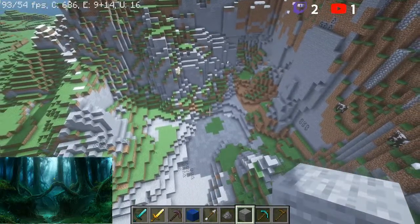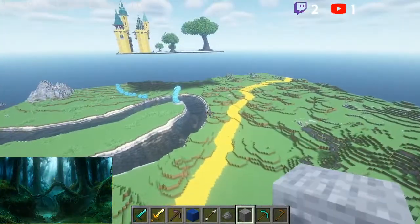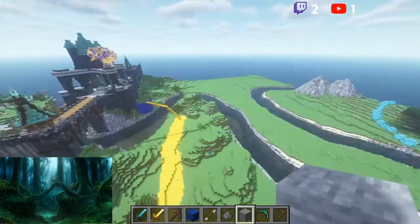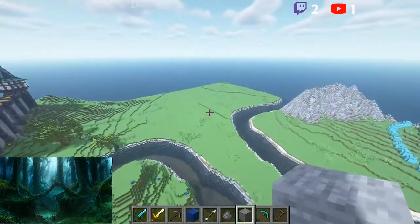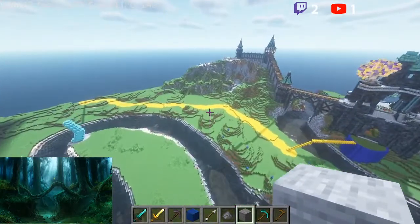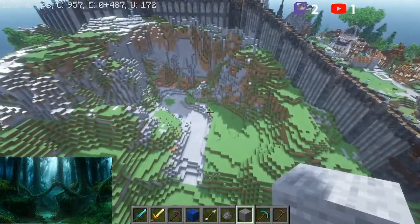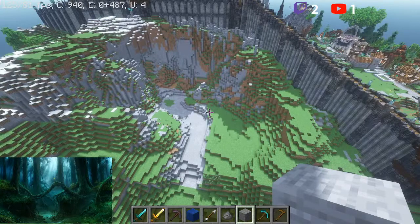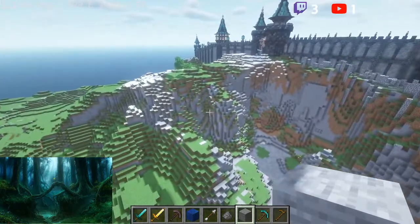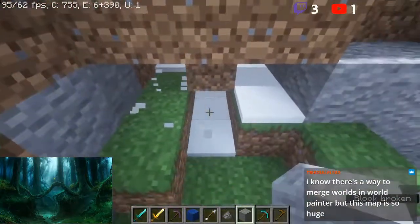How are you gonna blend this world with the new World Painter updates? How do I put this? So right now we're building inside a small section of the whole map, right? It turns out that for Minecraft maps, 50,000 blocks is a lot of blocks. So currently we're in a little tiny valley of the main map, and a lot of the rest of the map is unfinished. But as we finish those extra parts, we're gonna update it. What's gonna happen is that I'll just merge the maps. I'll import this map as a height map to World Painter, add what I need to add, and then re-export it and merge the files back together. I've done it before, actually with this actual city, and it worked out pretty well. It was a little bit clunky. I don't think it's the target use for World Painter, but